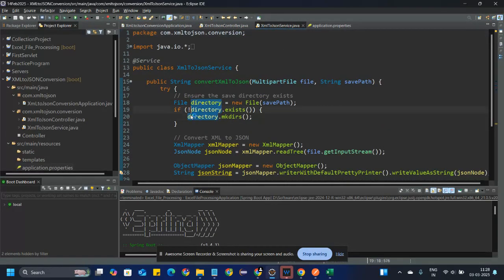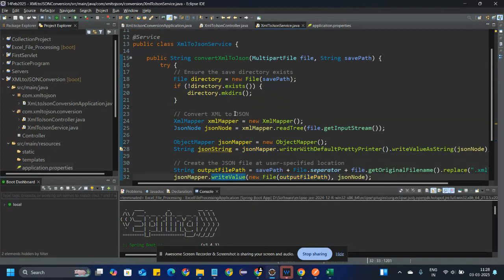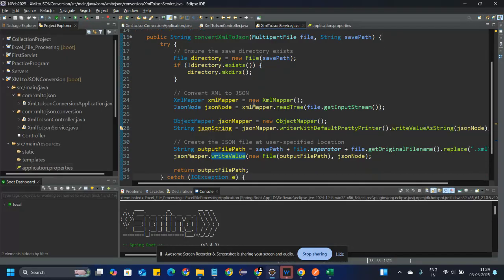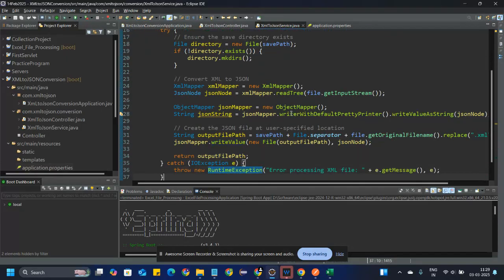Then in the second file, we first check whether the directory exists or not; if not, then create it using the mkdirs method. Make directory is basically an inbuilt method. We have created an XML mapper and get the string.